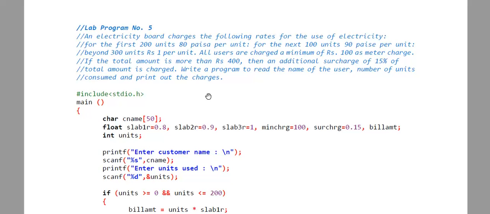So we have to generate an electricity bill where it will display the name of the customer. So we are going to read this customer name as an input of the program, and we are going to read the number of units consumed by the user as the input of the program, and then according to this,